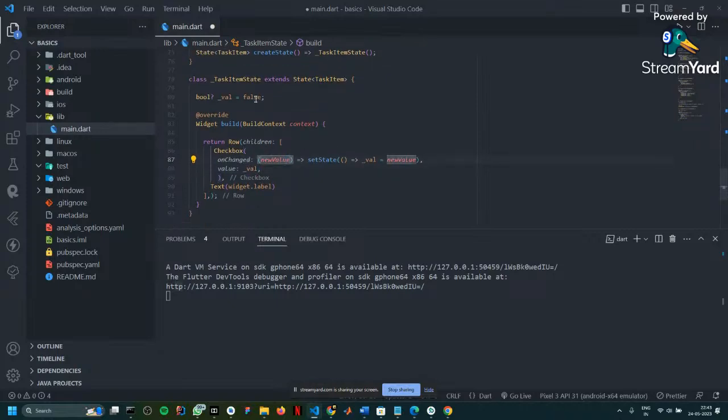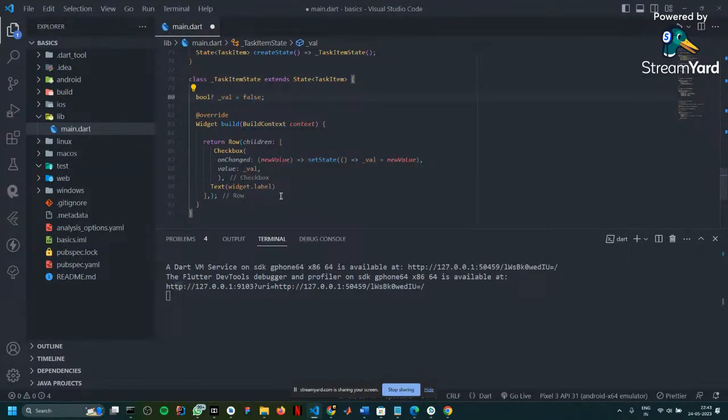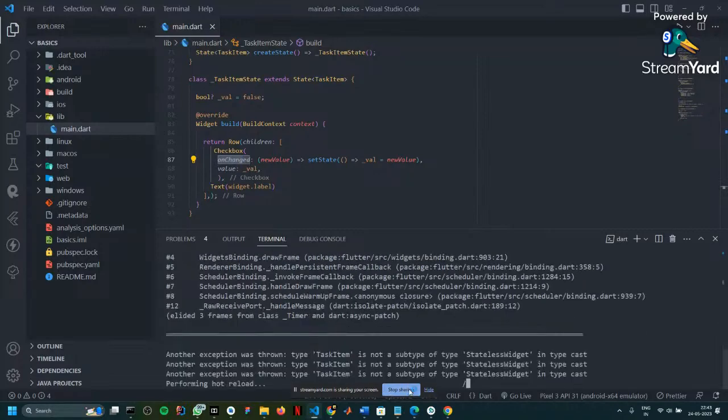What's happening here is that in the checkbox we have introduced onChanged. When the value of this checkbox gets changed, we get a new value, and then we create this setState, and in setState we create a function, and that we get from the new value. So when we try to run this using hot reload,